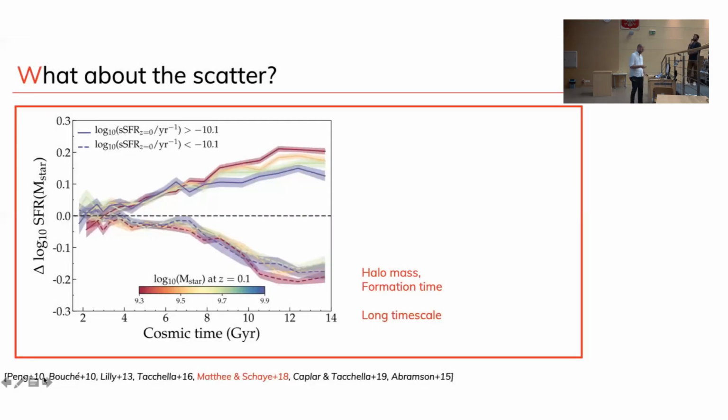Right. So here what you show is that when a galaxy at redshift... Yeah, you can see this one is the two sets of observations. So the solid line is galaxies that at redshift zero have a specific star formation rate above this threshold, and this is what is below this threshold, and then it's just tracing that.